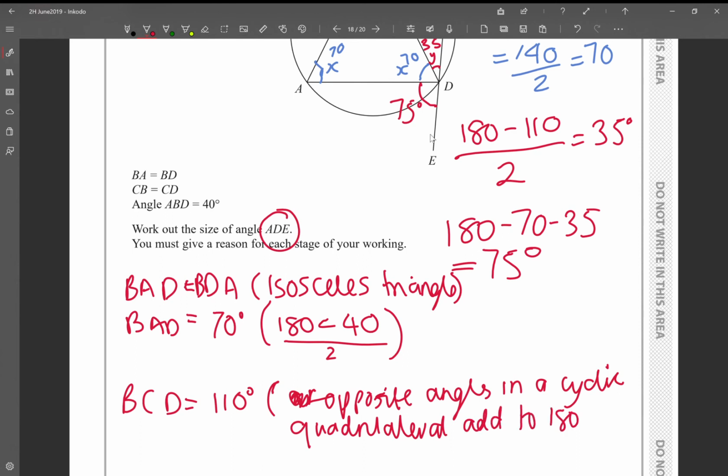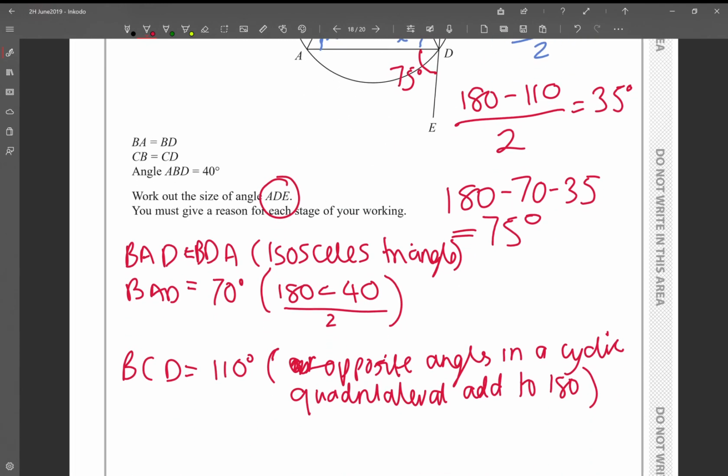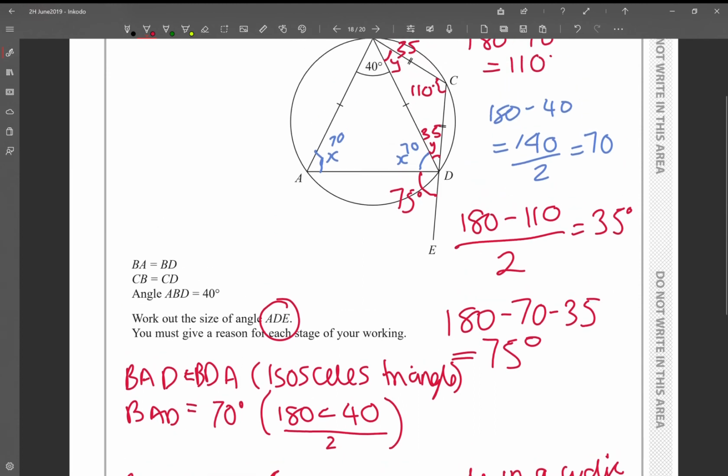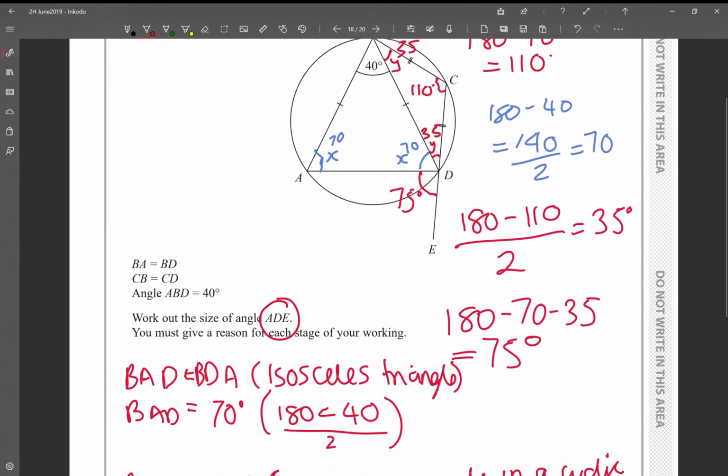And you've already written all the working up here. You don't really need to write it out again. So opposite angles in a cyclic quadrilateral add up to 180, and therefore they can see that you know what that's about. And then CDB,